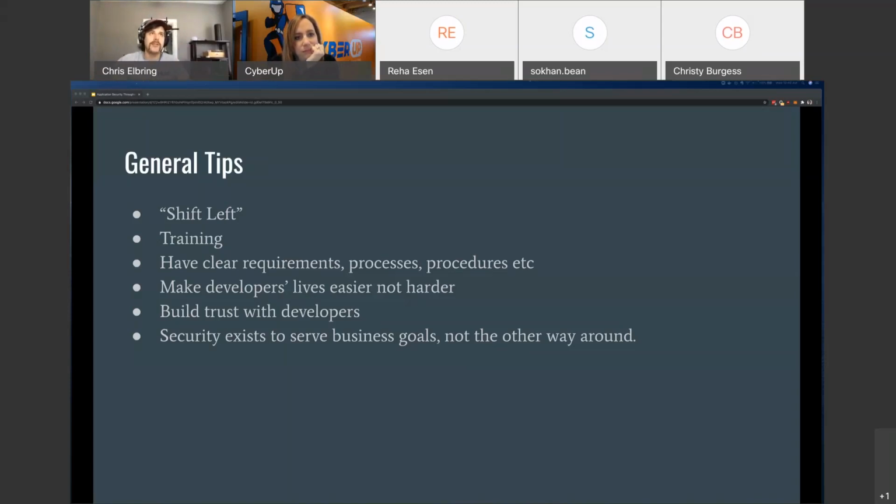But we do have to make sure that we realize the point of security, right? It's so that we can continue to meet the business goals. And so, also maintain that trust of developers. Do your very best to not send false positives to developers. You want to verify and make sure that we are